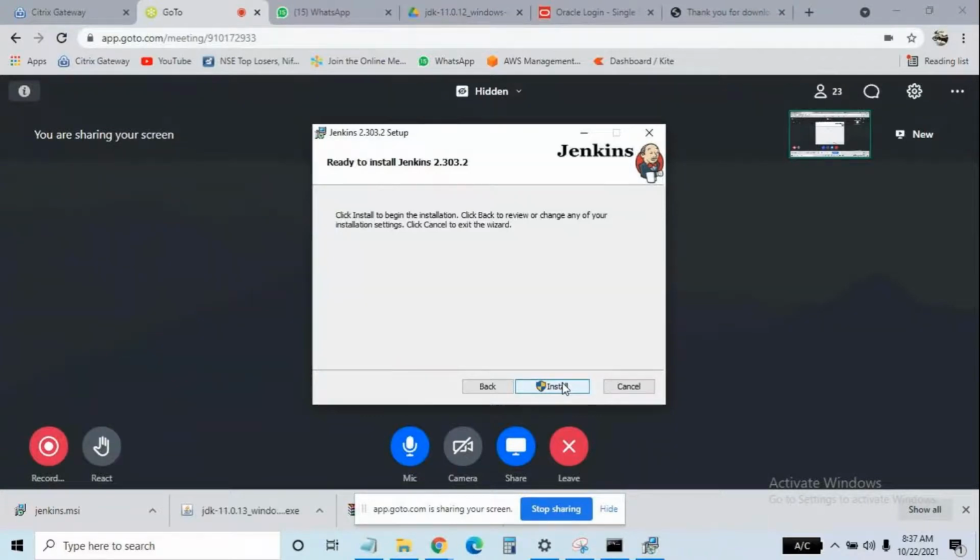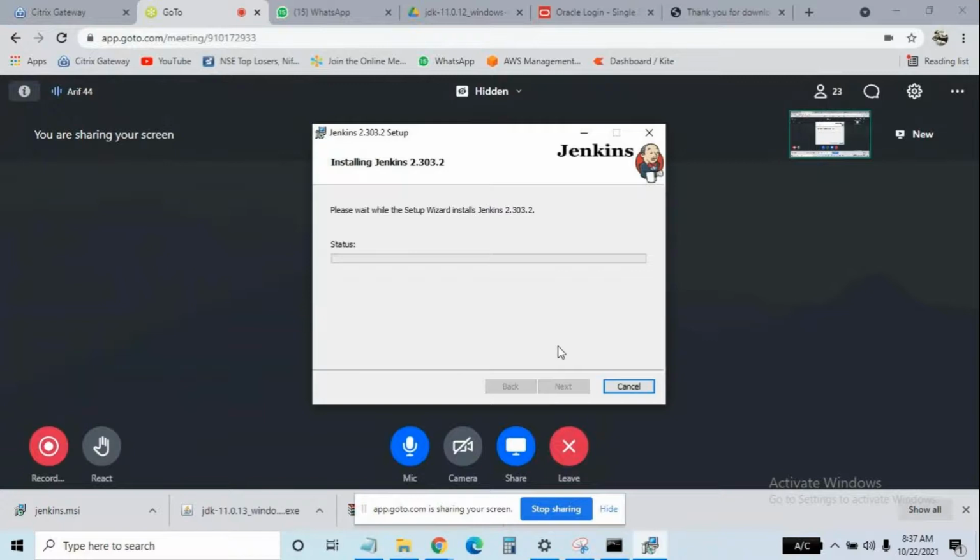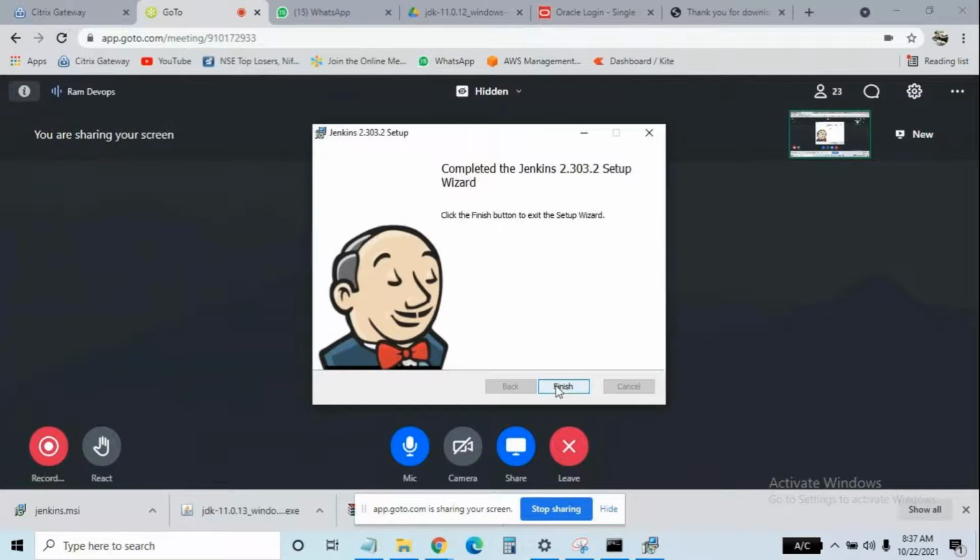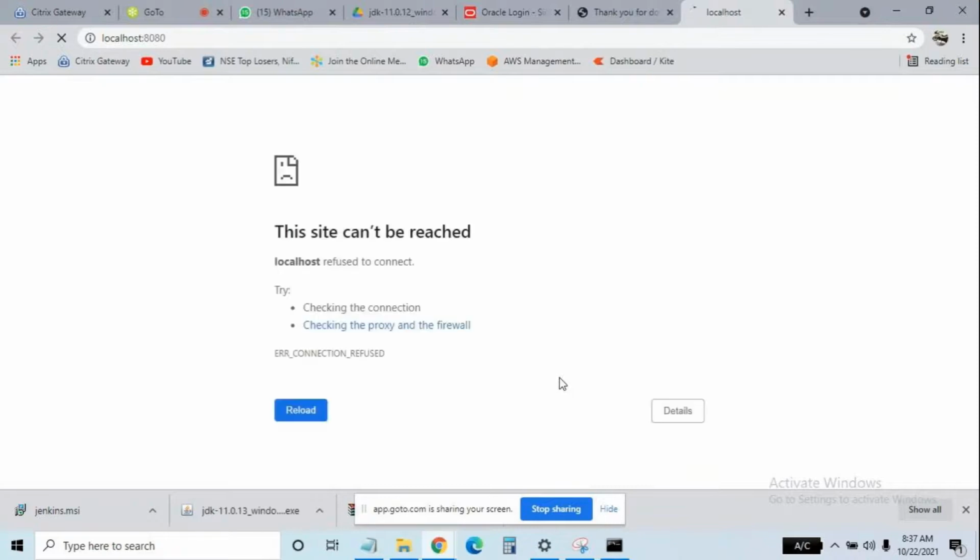Install. Finish. Automatically it will open localhost:8080.